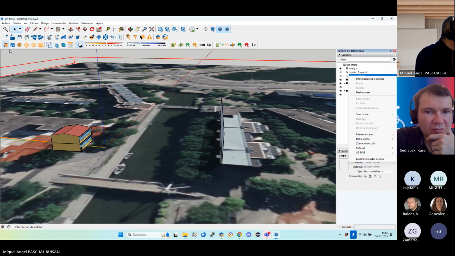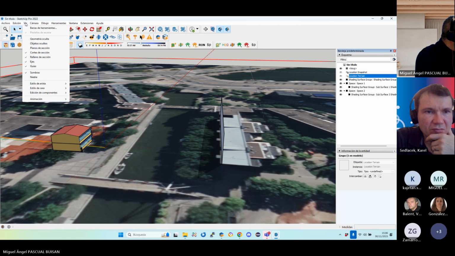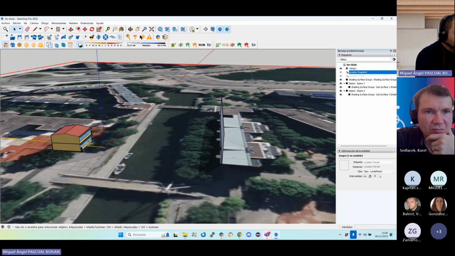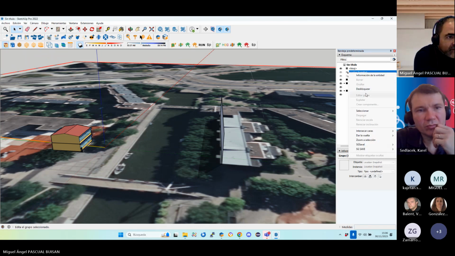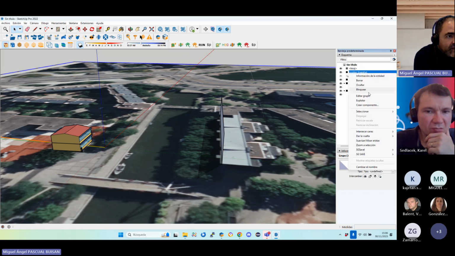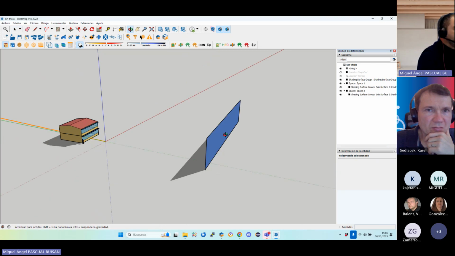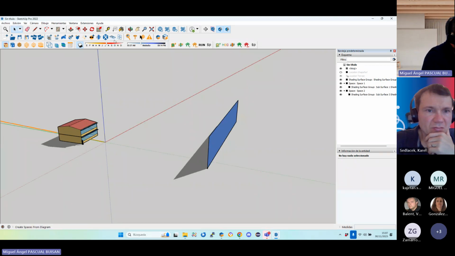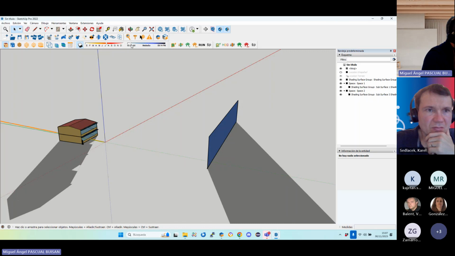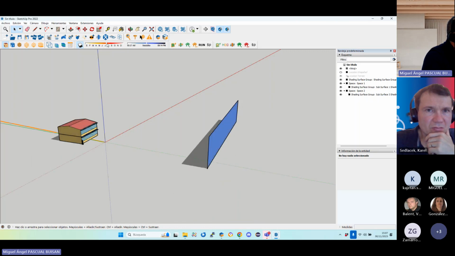No hide. Okay, I'm going to delete it. Unlock. And okay, now it's easier. So, as was mentioned before, in winter,